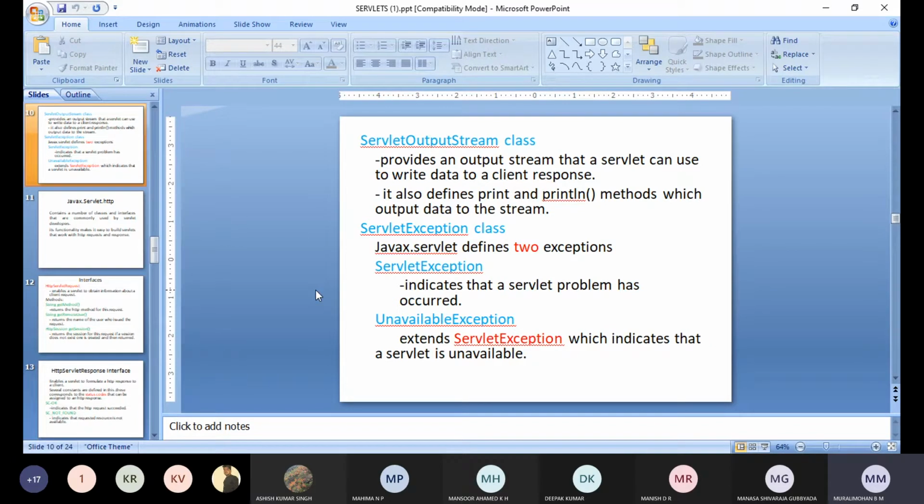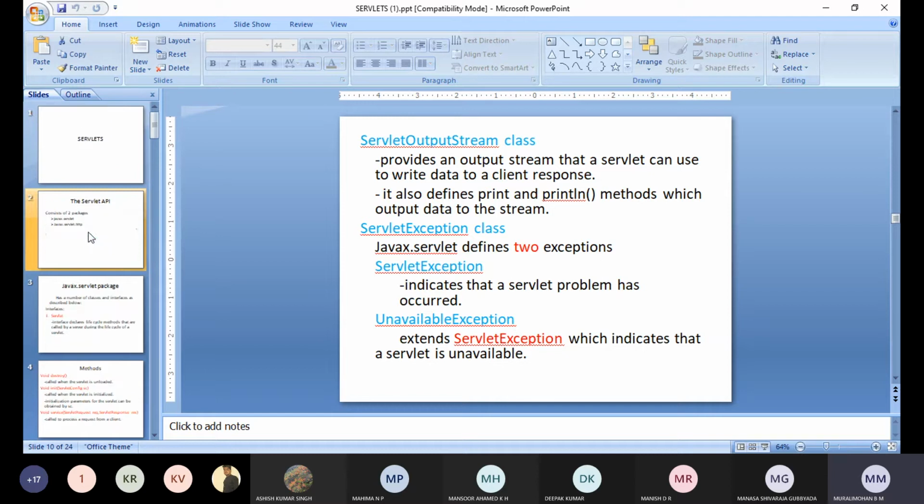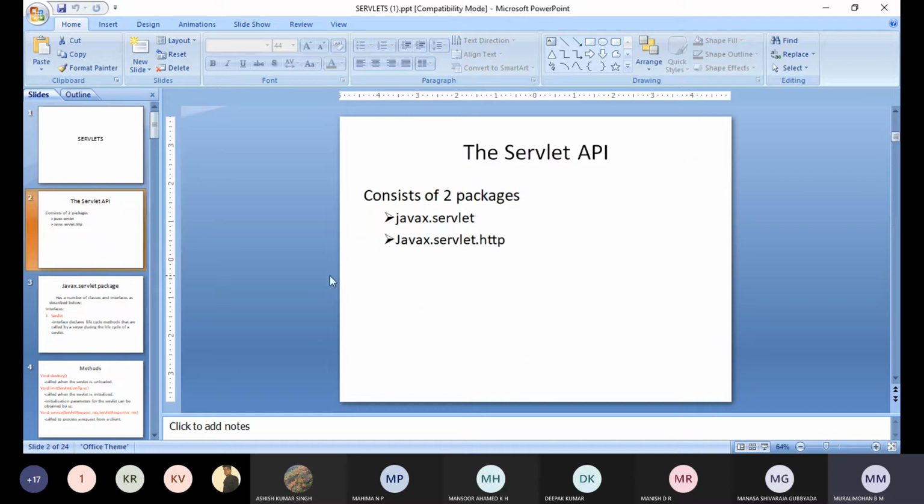Kindly remember, the Servlet API consists of two packages. One is javax.servlet, the other one is javax.servlet.http. Inside javax.servlet we have a number of classes and interfaces.